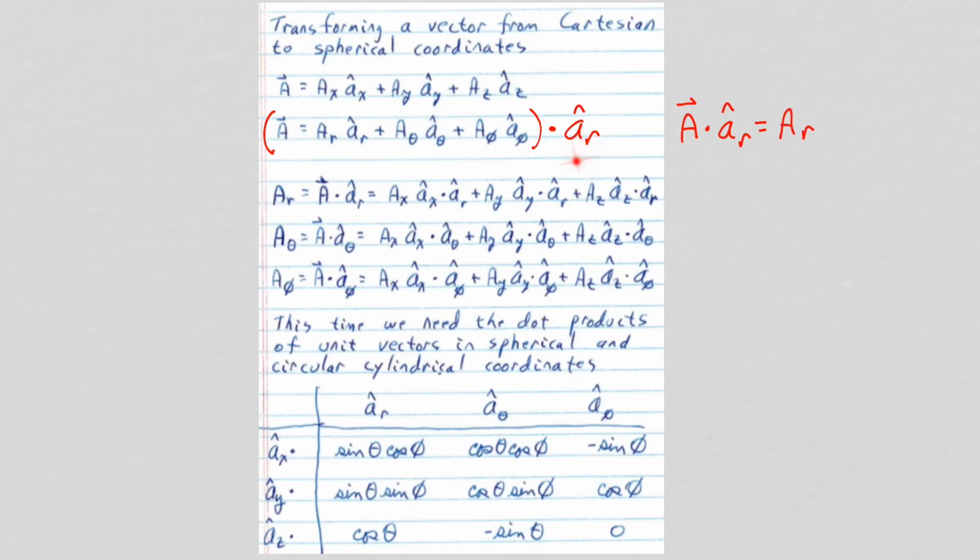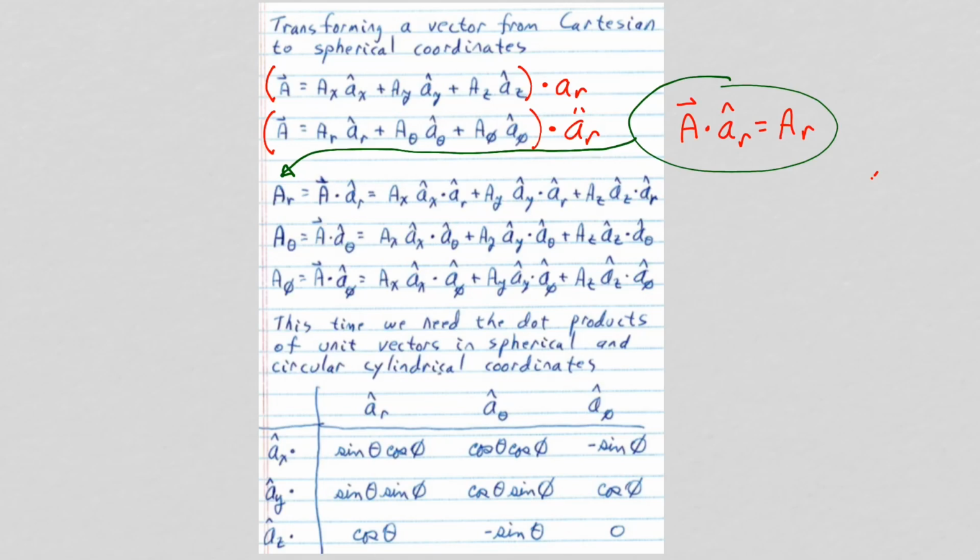Now we'll take the vector with the components in the Cartesian coordinate system and dot it with the unit vector in the r direction. So the left-hand side will just be the component in the r direction, so clearly the right-hand side also has to be the component in the r direction. So taking this dot product here and distributing it, we get this result. So by finding these dot products between these unit vectors, we can convert from the representation in Cartesian coordinates to find the component in the r direction in spherical coordinates.